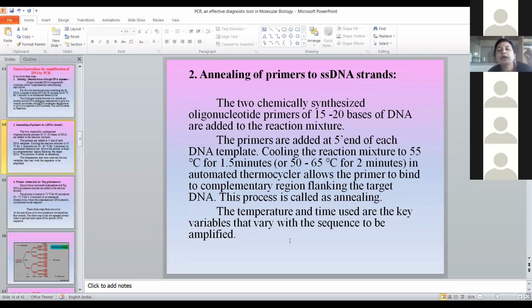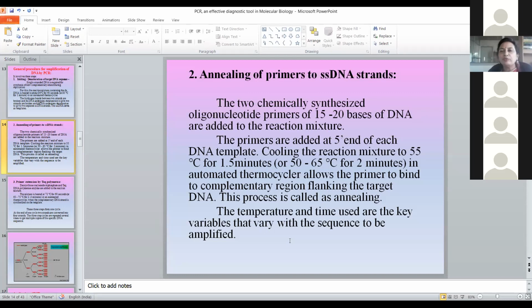Primers are added at the 5' end of the DNA template, and in the first step the temperature is 94 or 95 degrees. In the second step the temperature is brought down to around 50 degrees. The second step may be carried out for as long as 2 minutes. When you cool down the temperature, the primer will bind to the complementary region flanking the target DNA